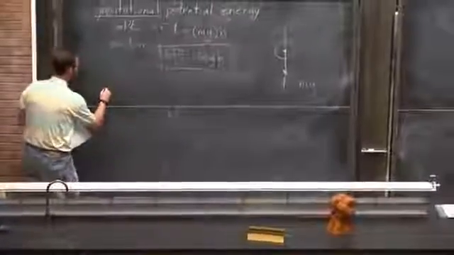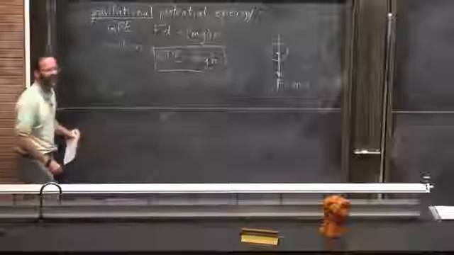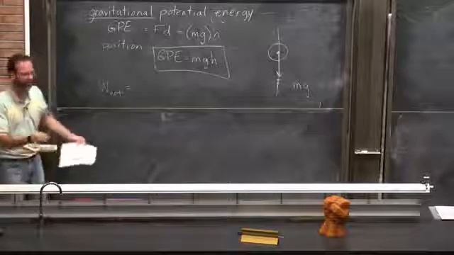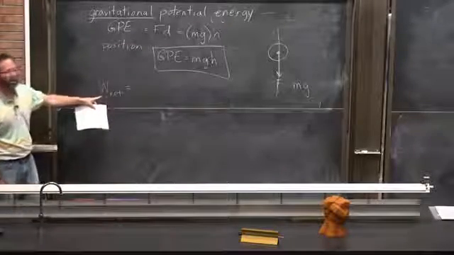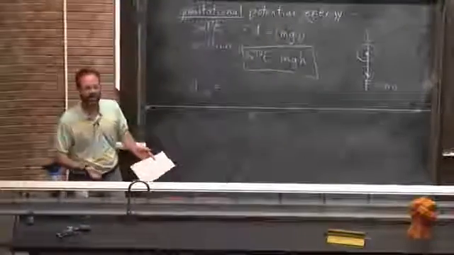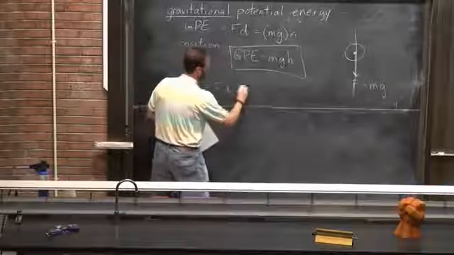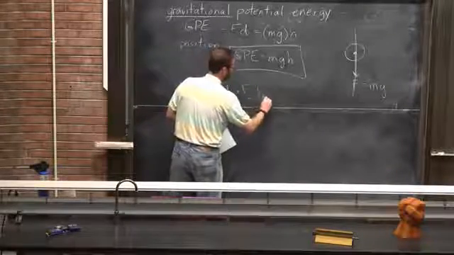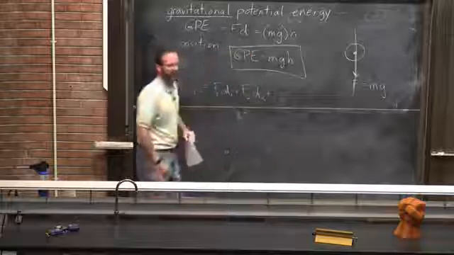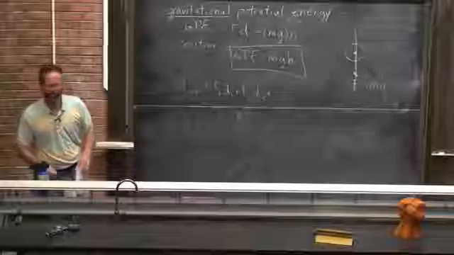Your book mentions the work kinetic energy theorem. We've actually already explained it. But it says the net work, the net work, yeah, I've always liked that. Thought that was funny, sorry. The combined work, because just like when you combine forces, you can have net forces. How would you get a net work? Well, you could have force 1 moving something a certain distance, plus force 2 moving it a certain distance, plus, you get the idea. So if you add up all those forces and distances trying to move an object,